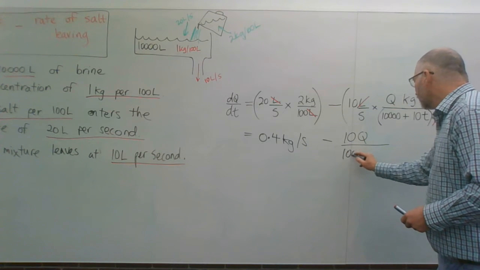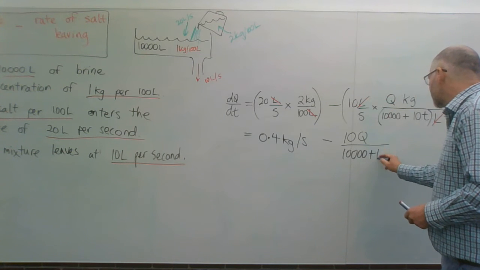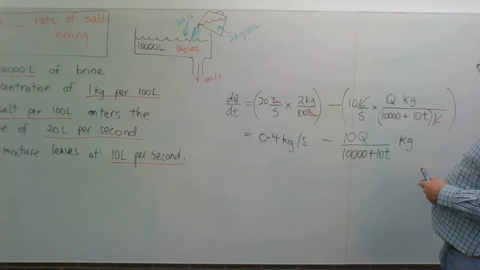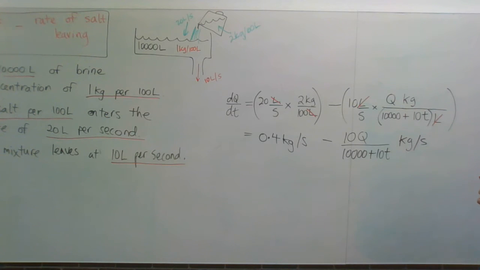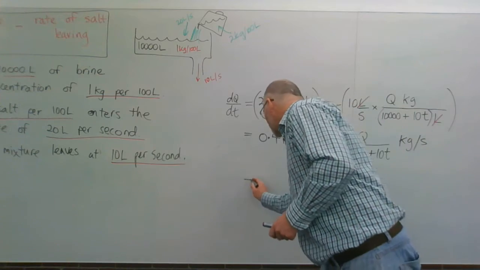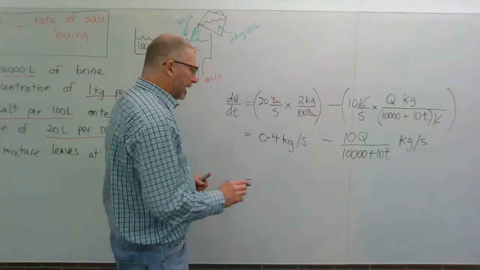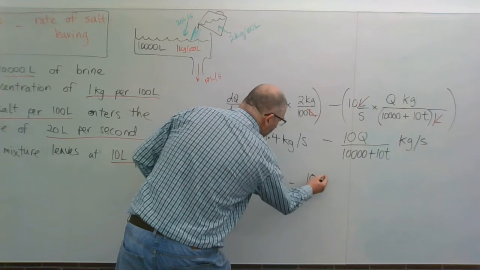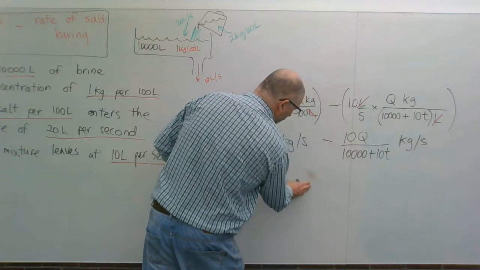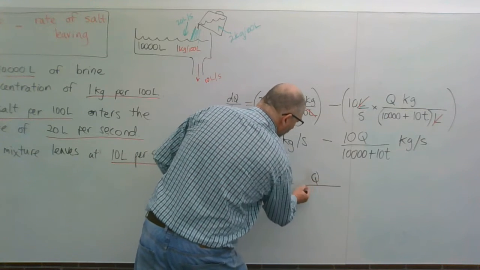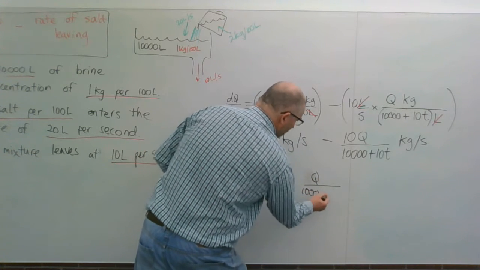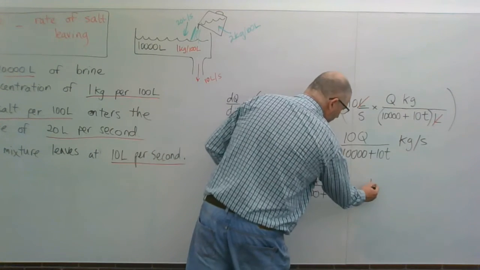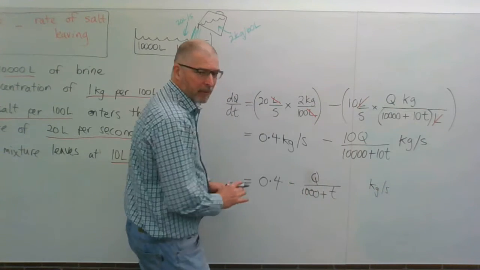on 10,000 plus 10T kilograms per second. So that's 0.4 minus 10Q, well, let's divide by 10, minus Q on 1,000 plus T. And of course, that's all in whatever that is, it's kilograms per second, but I'm not so much worried about